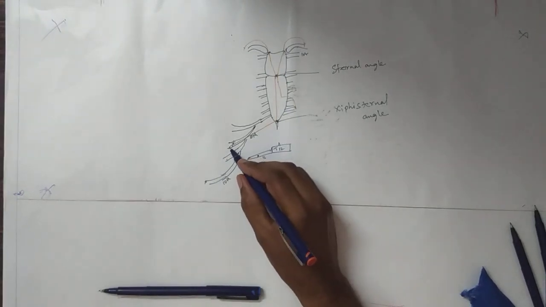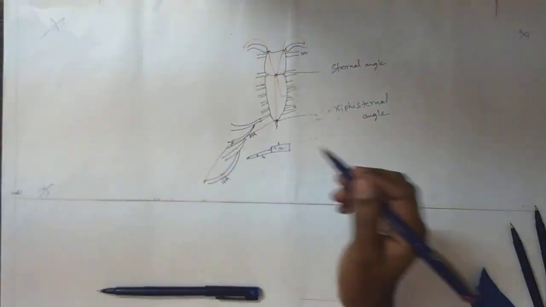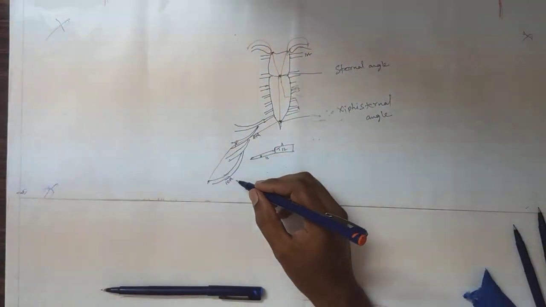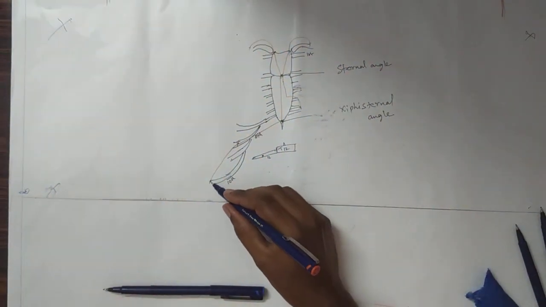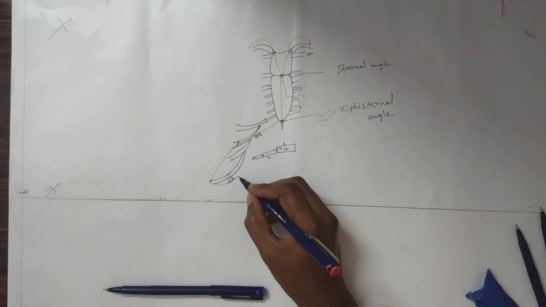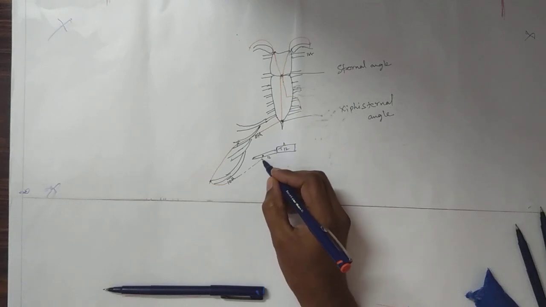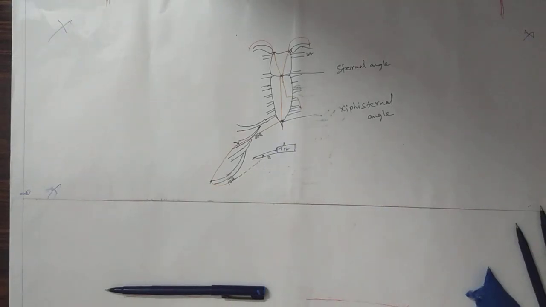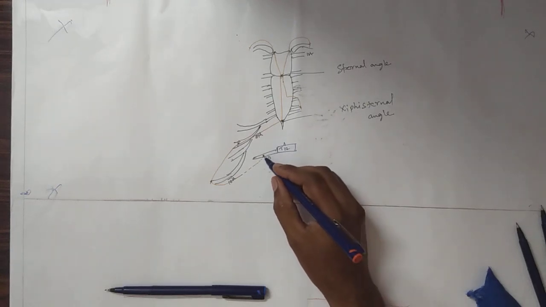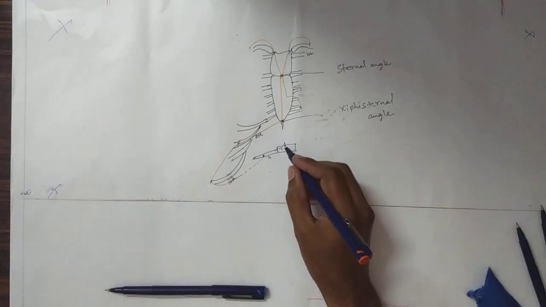Continue the line till where the mid axillary line is joining the 10th rib. Then extend this backwards towards the point on the 12th rib which is 2 centimeters lateral from the spine of the 12th